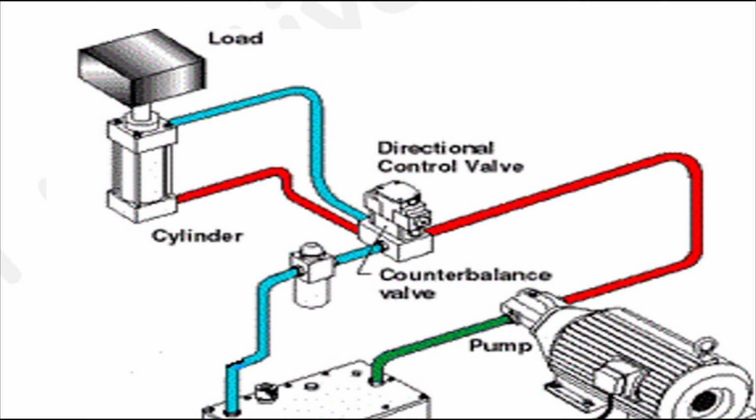After we lifted the load and did the work, the direction control valve changes its direction and the fluid flows through the blue line. So, the red line becomes the return path. The fluid that entered the cylinder is removed via the red tube, and the other side is filled with oil through the blue tube.